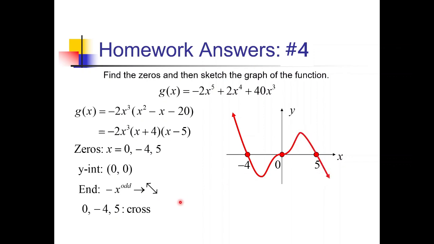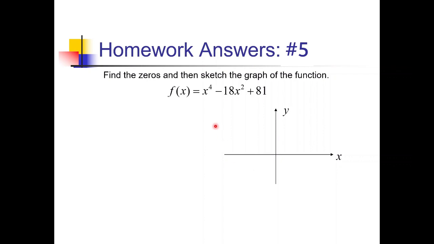We end below the x-axis, just like we said we would. To graph this one, let's first factor this out so we can find the x-intercepts. Since we have fourth power, second power, constant sort of pattern going on here, this one's in quadratic form. So we can treat it like a quadratic, only we'll use x squared instead of x when we factor this